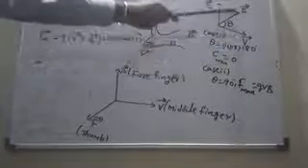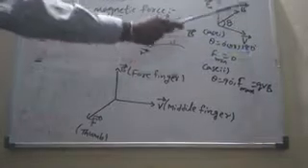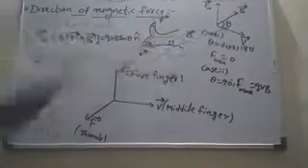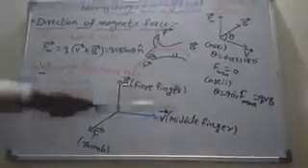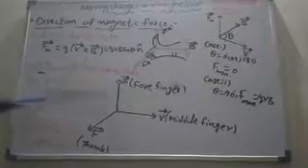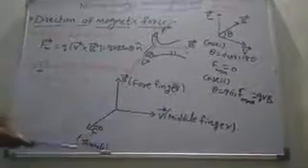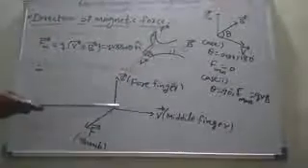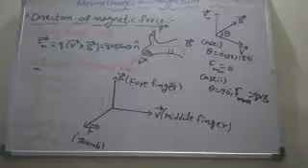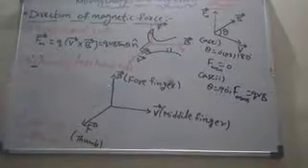If theta is equal to 0, the velocity of the charged particle and the magnetic field are both parallel. At 180 degrees, they are anti-parallel. What is anti-parallel? The velocity of the charged particle is along the x-axis and the magnetic field is along the negative x-axis. Or the velocity is along the positive y-axis and the magnetic field is along the negative y-axis. So the angle between the velocity of the charged particle and the magnetic field is theta equal to 180.